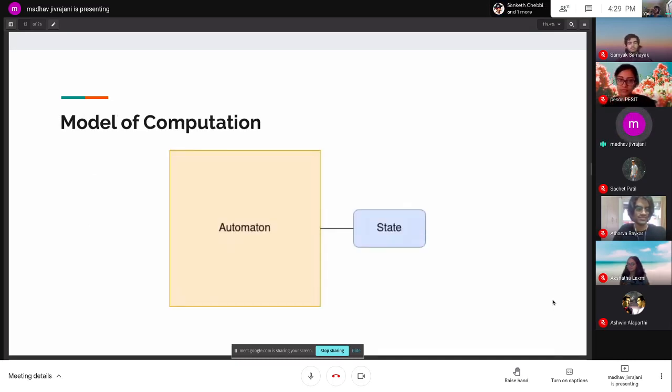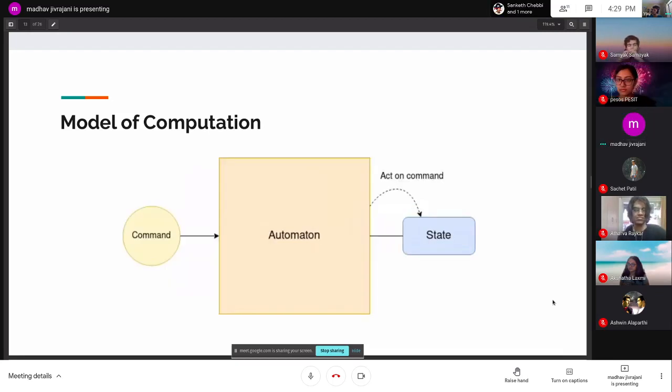So yeah, an automaton is just like the singular form of an automata, and each automata has a state. So what state are you currently in? So like, are you at state A? Are you at state B? Are you at some other state, and so on? So like, that's a state. So each automata has a state attached to it. Now, you can give a command to the automata, and that automata can act on that command, and that will affect the state of your system.